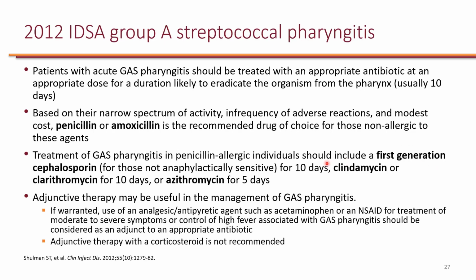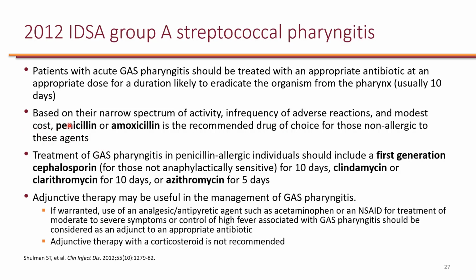These are the recommendations from the 2012 IDSA guidelines specifically for Group A streptococcal pharyngitis. So Group A streptococcus is Streptococcus pyogenes. So GAS is short for Group A streptococcal. They do recommend that patients with Group A strep pharyngitis be treated with antibiotics, and the duration is typically 10 days. And they're recommending that based on narrow spectrum of activity, frequency of adverse reactions, and